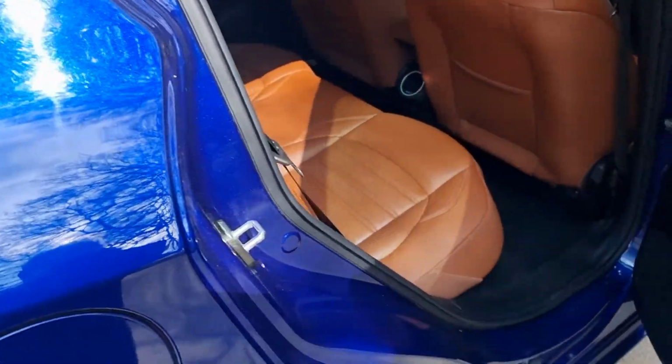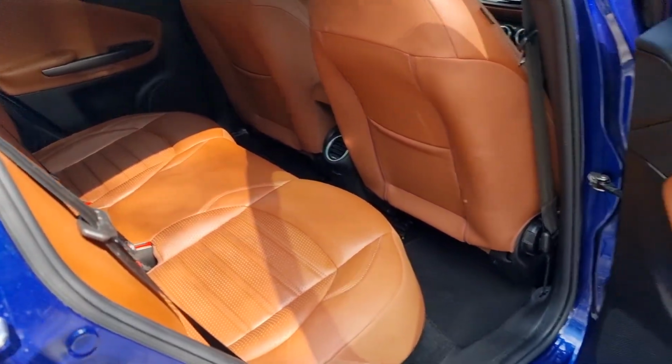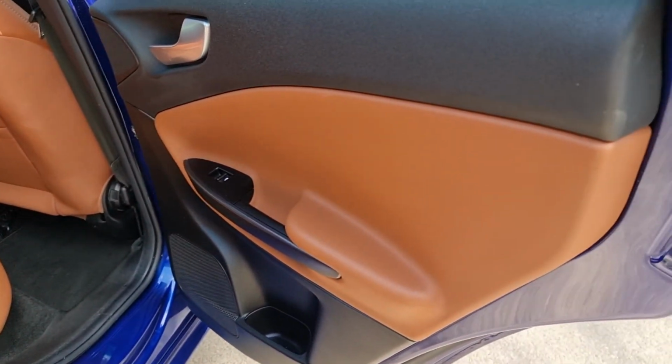Show you at the back. Apologies if you're getting a bit of glare coming in from the sun. I think there's